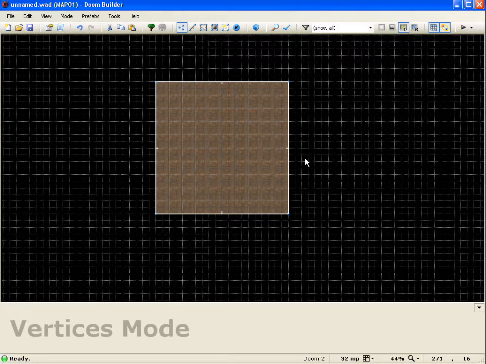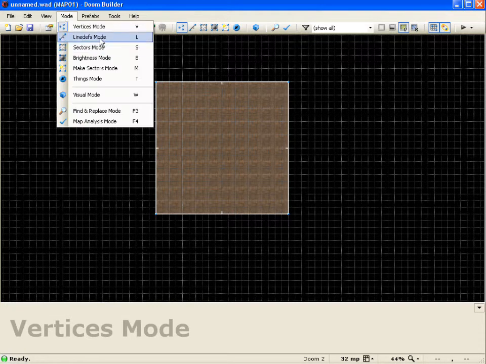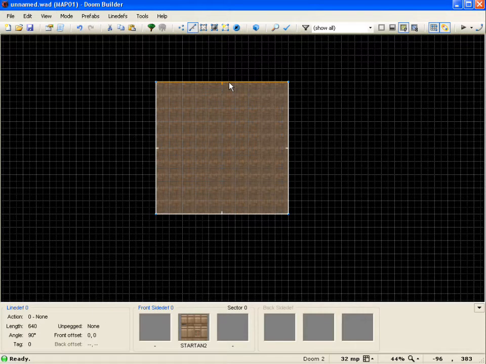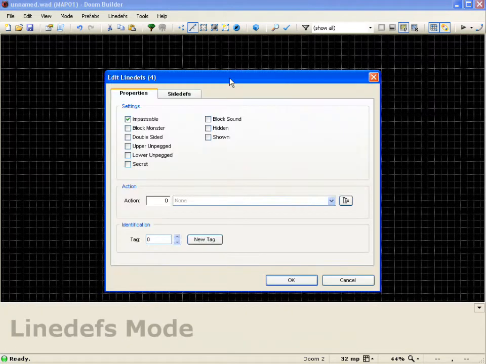of it. So what I'll do is go to mode, go to line defs mode. And now I have Startan set to all these textures, but say I want a different one, so I'll go ahead and select all these lines here. Right click, and you see we'll get the edit line defs, and it even tells us we have 4 lines